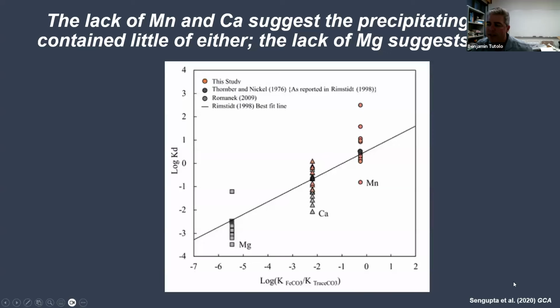So that's shown here. These are some experimental data from Ritwika Sengupta from the University of Oxford from a number of years ago. What her data show in compilation with others from the literature is that if there's basically any manganese whatsoever in the fluid or substantial calcium in the fluid, that partitions strongly into iron carbonate. Magnesium, not so much, especially at low temperature. At higher temperature, magnesium does strongly partition into the siderite structure. Together, what this means is that the solution contained little manganese and calcium, and it could have contained magnesium, but in any case, it must have precipitated at fairly low temperature, probably 25 degrees Celsius or below.